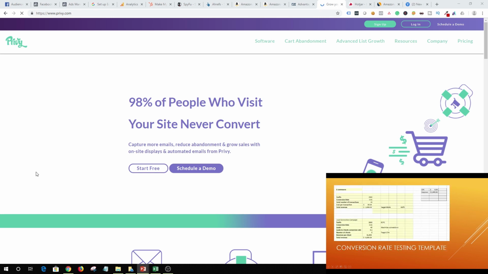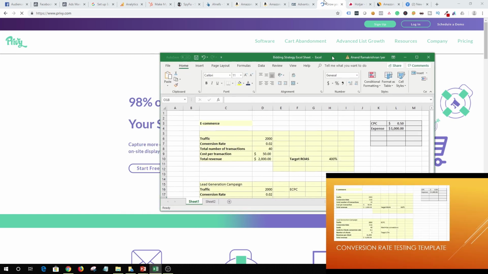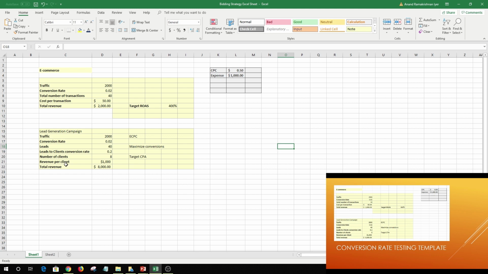All right, and finally, I want to share with you guys a nice Excel tool that can help you to calculate conversion rates, traffic and revenue. Basically, this is an automated tool that I built, and what you can do is enter your existing traffic, and you can check your conversion rate on Google Analytics. If you don't know your conversion rate, you can assume as low as 0.01, so that's basically 1%, and you can say, okay, based on 1% conversion rate and my existing traffic, I'm